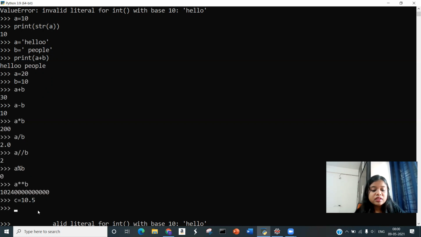10.5, d equal to 20.5. Now let me perform division, because addition, multiplication and subtraction are the same, and exponential is also the same. Now let me perform the division first. So if I do c divided by d,